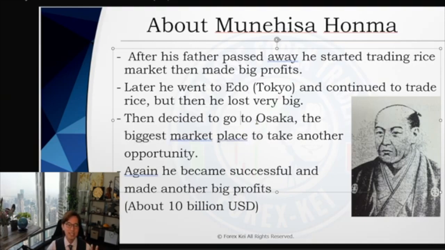Osaka was said to be the kitchen of the world in Japan back then. So Osaka was the hub of trade and the hub of businesses. He went to Osaka with ambition and took another opportunity. Again, he made successful profits, and according to history, I have read some historic books and